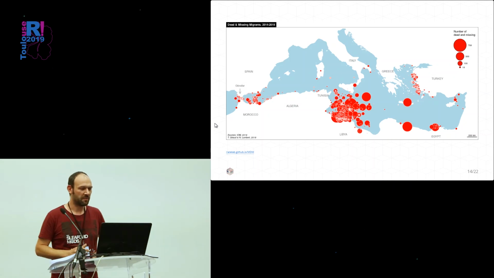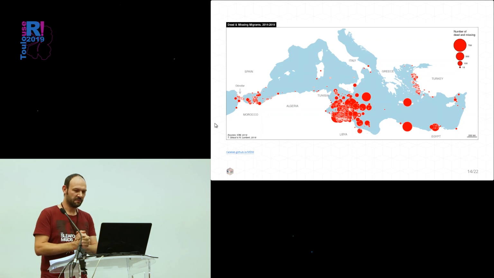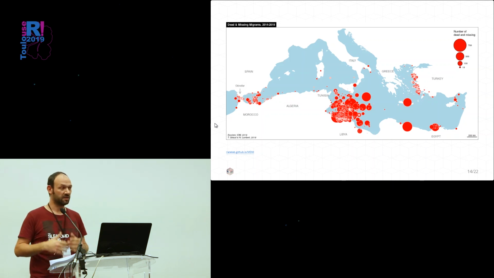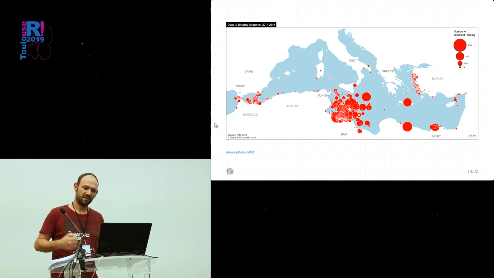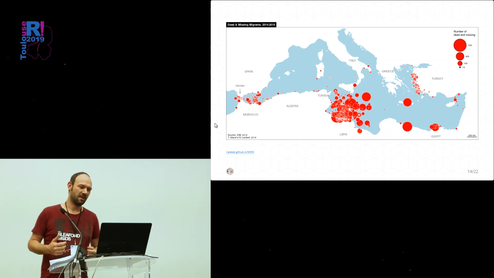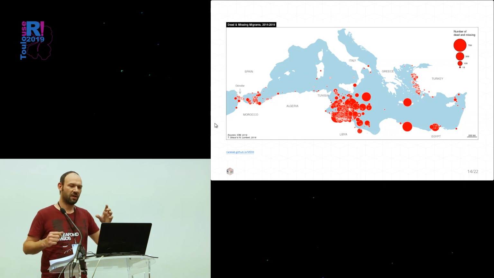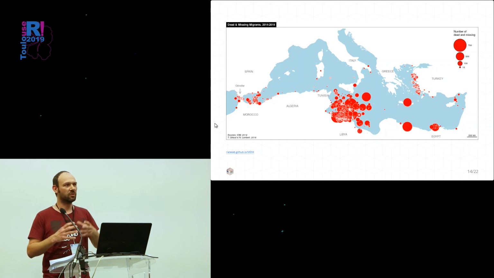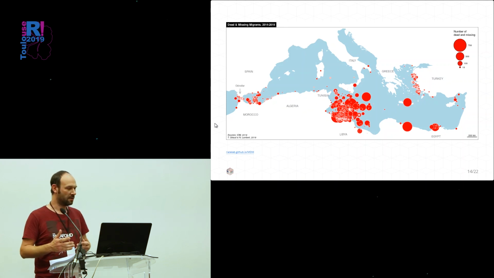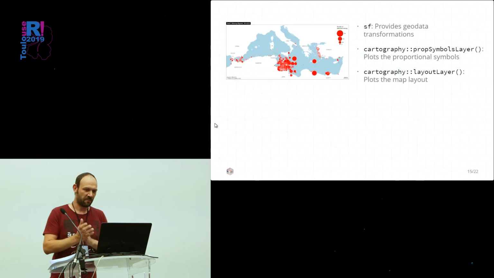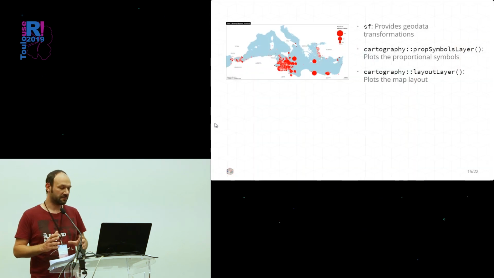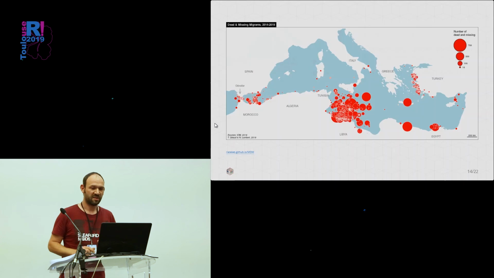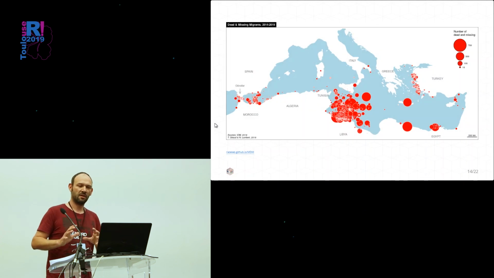This one is another map. It represents the dead and missing migrants in the Mediterranean Sea. It's a huge database that is a bit heavy to handle, morally. We represent each of the huge events linked to boats that sink into the water and the number of dead. To create this map, we firstly use sf to create a base map that is really simplified.